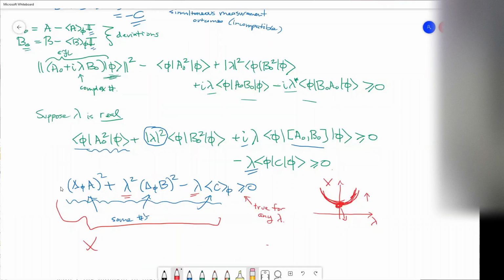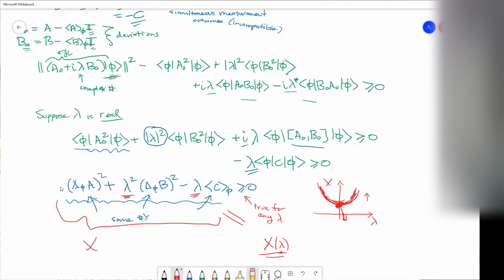So x is some function of lambda, it's this entire quantity, the whole left-hand side. And this inequality means that for any lambda, this thing has to be greater than or equal to 0. Since it's a quadratic form, it makes a parabola of some kind. And the parabola has to be pointing up, and its minimum can't pass below the lambda axis. It can't go negative. So that's actually enough to figure out a relationship between all of these numbers.